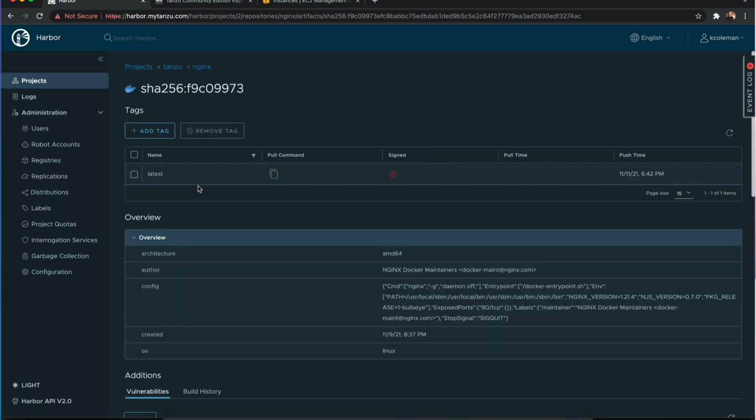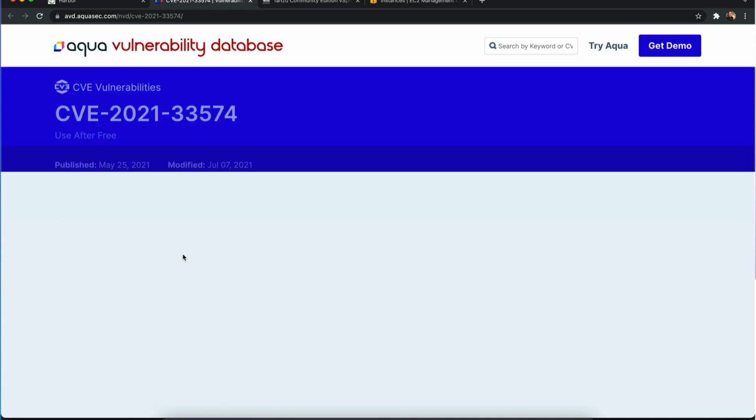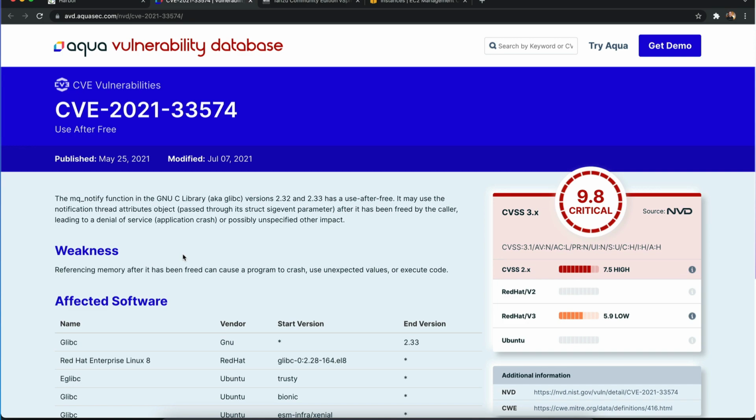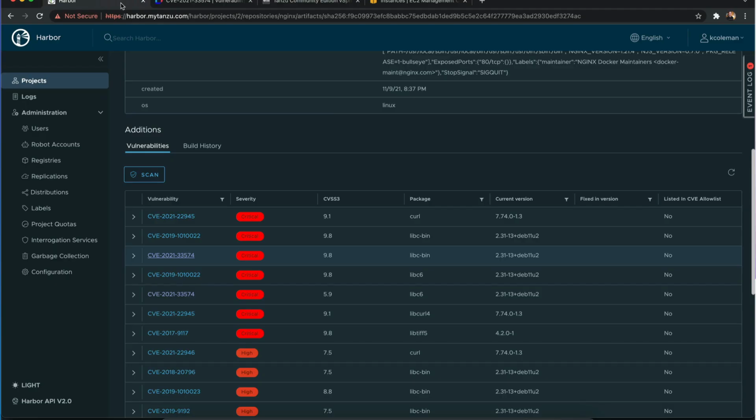Harbor has lots of enterprise class features, such as replication, robot accounts, online garbage collection, tag retention policies, project quotas,